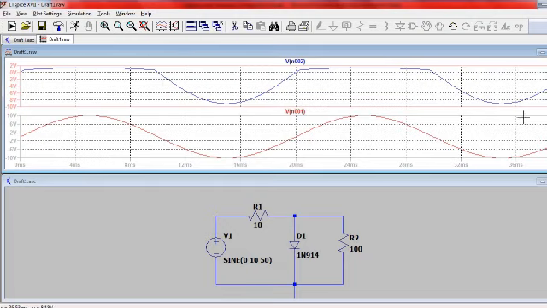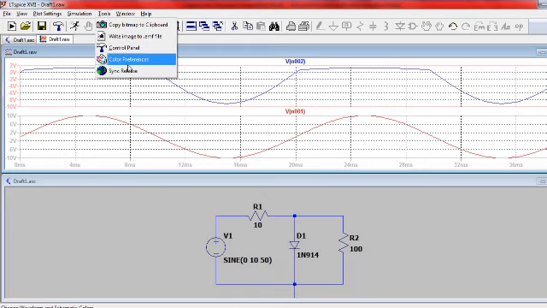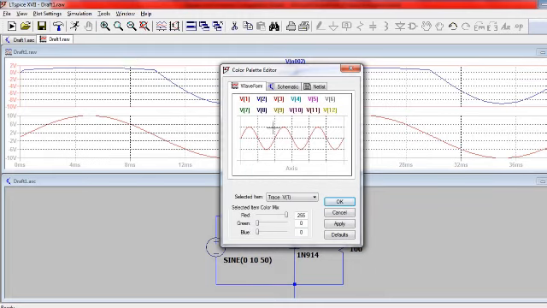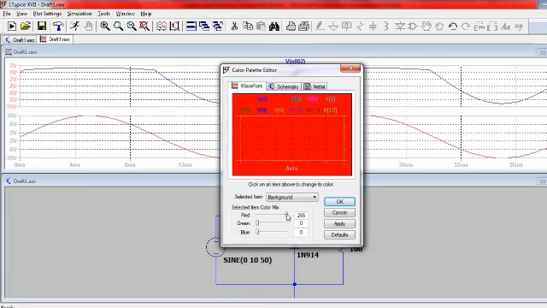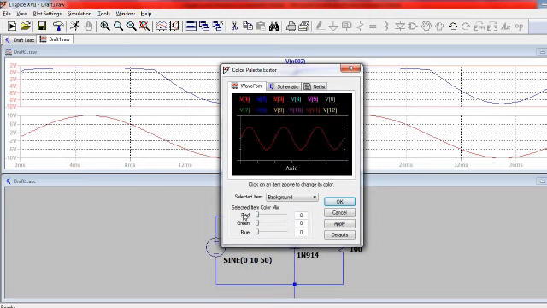In order to change the black background into white like this, you need to go to Tools, go to Color Preference. I will show you how I changed the background color. When you move the cursor here, it shows click here to change the background color. So you click there. If you put all of them 0, it will automatically become black.